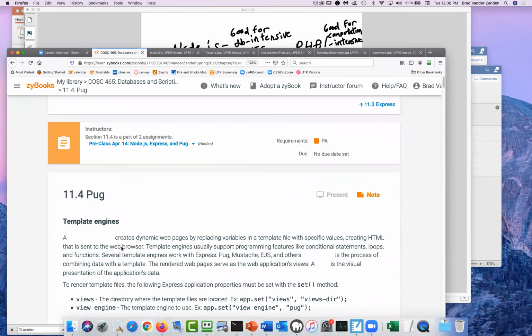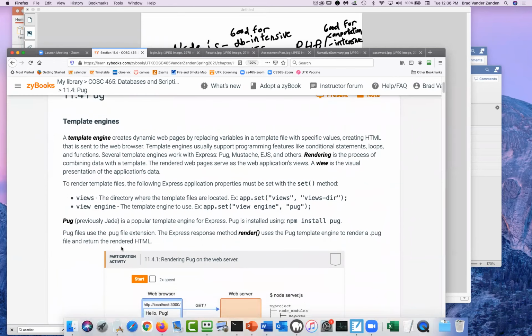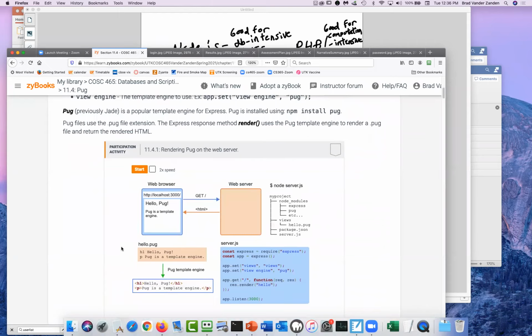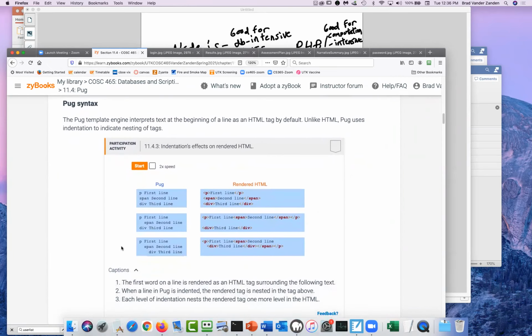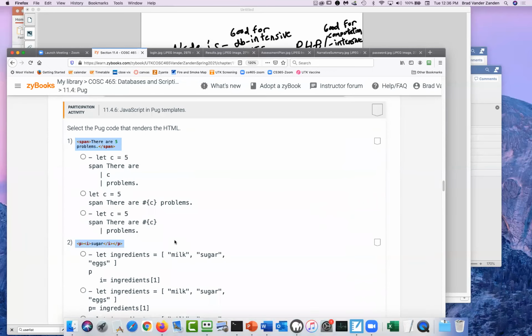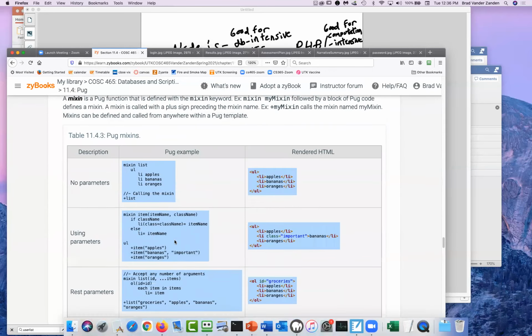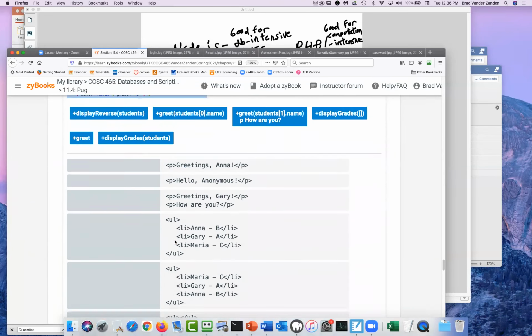So the point, supposedly, of using Node.js is you don't have to learn a new language. You just learn JavaScript, and that's all you need. Well, except you have to render, so you're going to have to learn Pug syntax if you're using Pug. And then Pug decided, hey, why don't we develop our own,